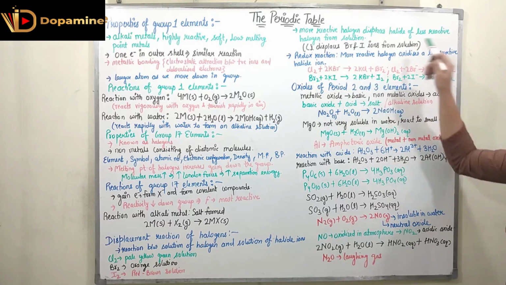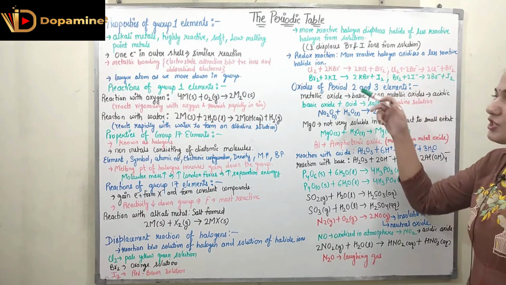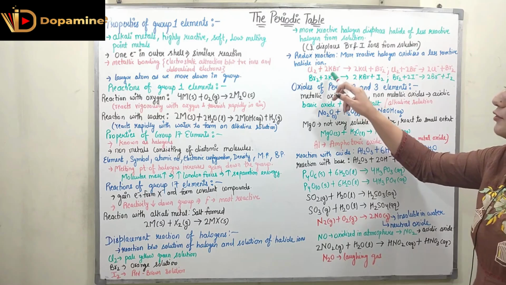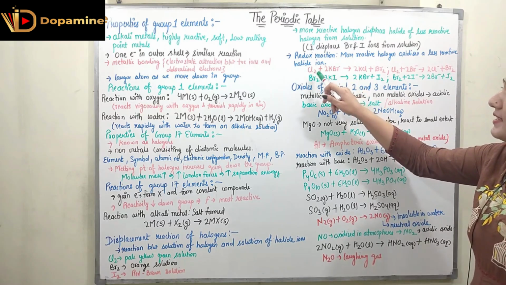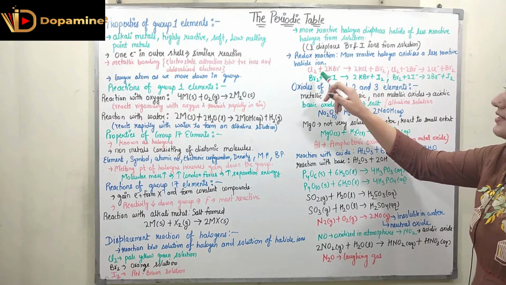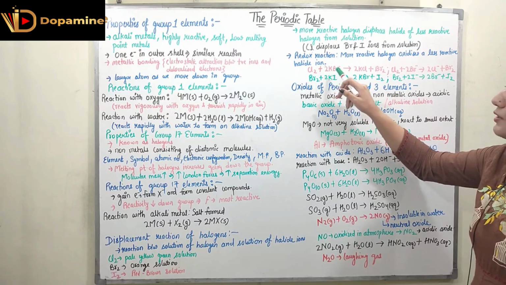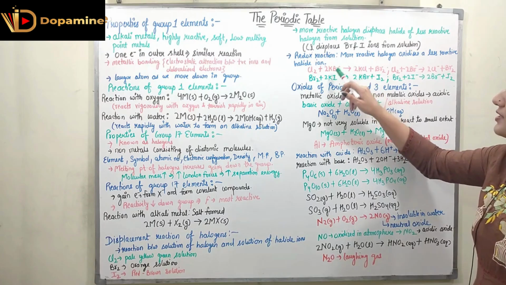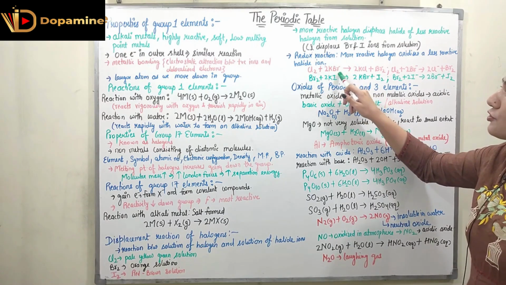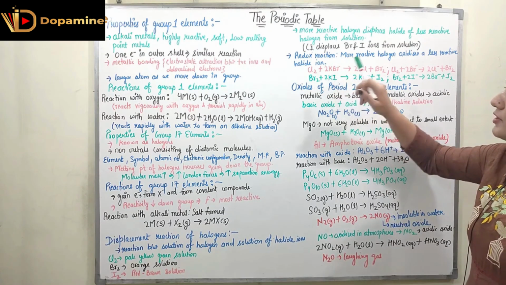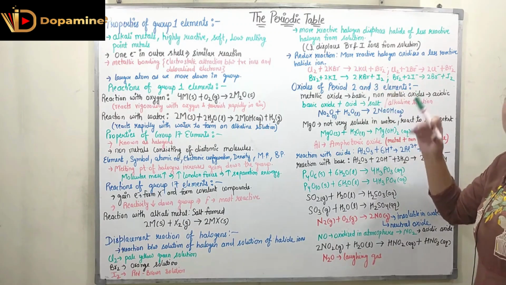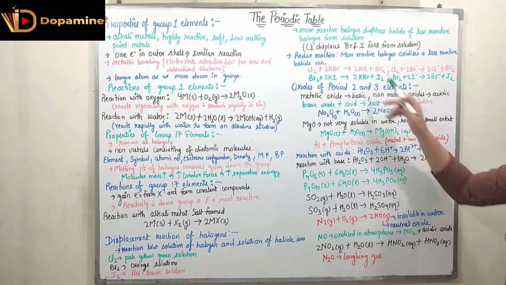We can understand this with the help of these two equations. Now here we are reacting chlorine with the halide of bromine. So chlorine is Cl2, right? Chlorine is Cl2, which is reacting with 2KBr, right? So 2KBr is the halide of bromine, and chlorine is more reactive. It is going to displace bromine from the solution.